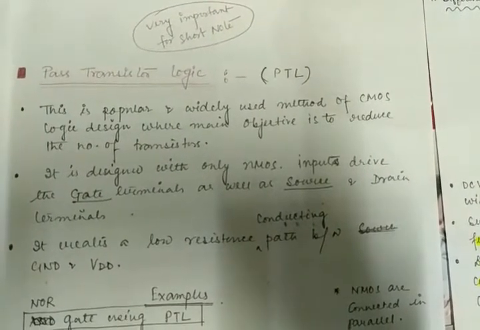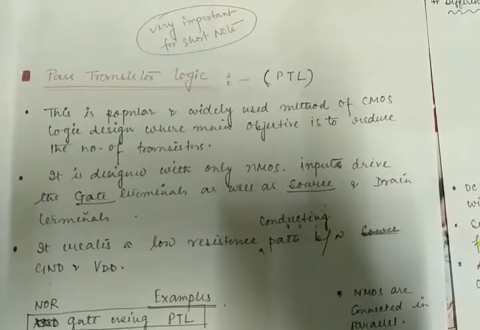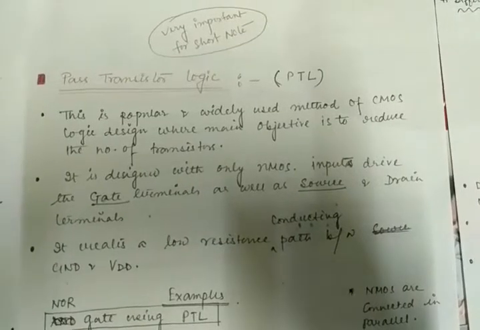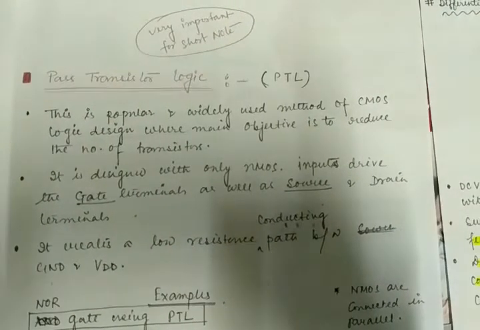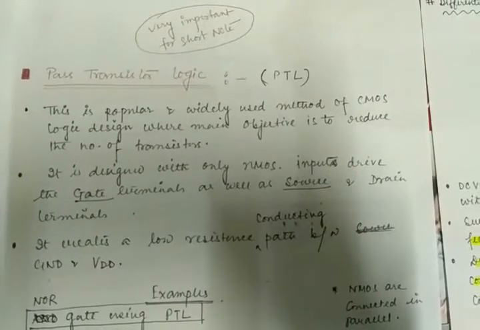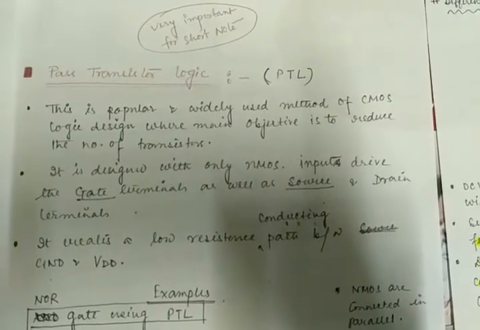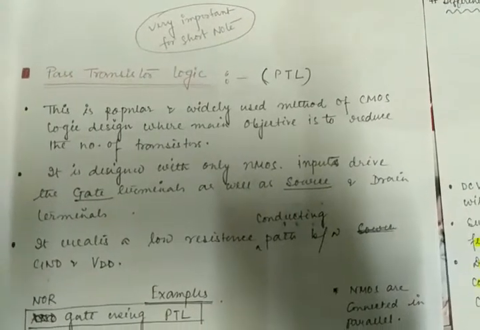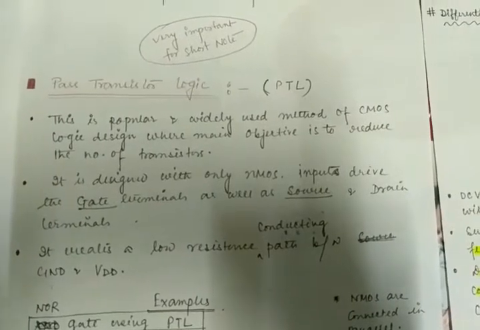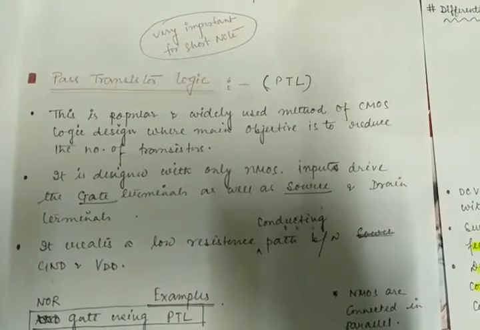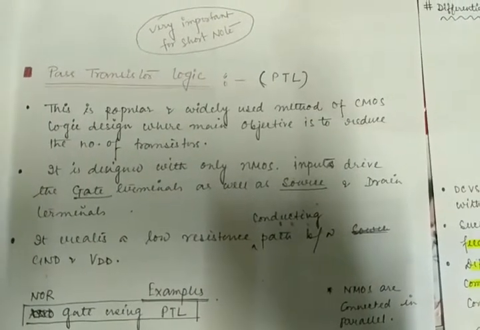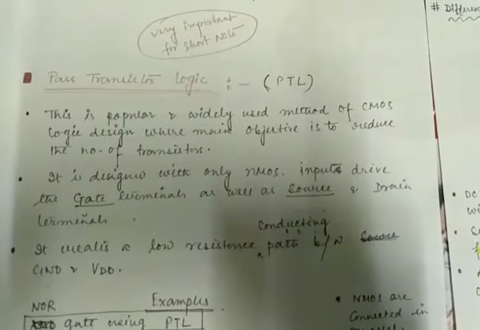What did we design in the pseudo NMOS logic, and how many transistors were there? There were n transistors, and previously we used 2n transistors. So we have already reduced this from 2n to n plus 1, and now we will use the concept of PTL, where every design will use only NMOS, no PMOS. But there are some definitions of how this NMOS will be connected. All the principles I will discuss accordingly.